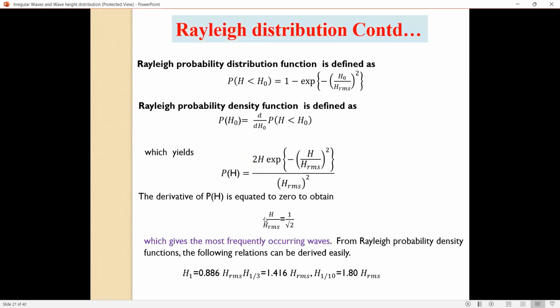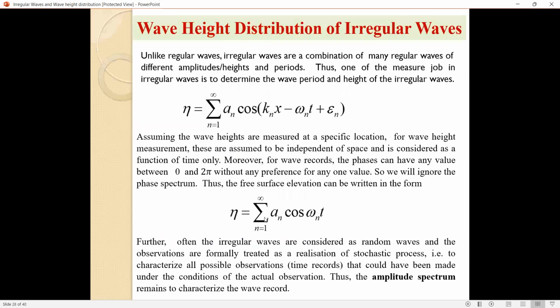And then this H_rms, all these things are related. And this is the way whereby distribution was done. And all these are finally mathematical theory. Statistical methods, probabilistic method, classical method, engineering data, and physical model test result, everything is correlated. So it's a combination. There are last 50 to 60 years, just on wave height.